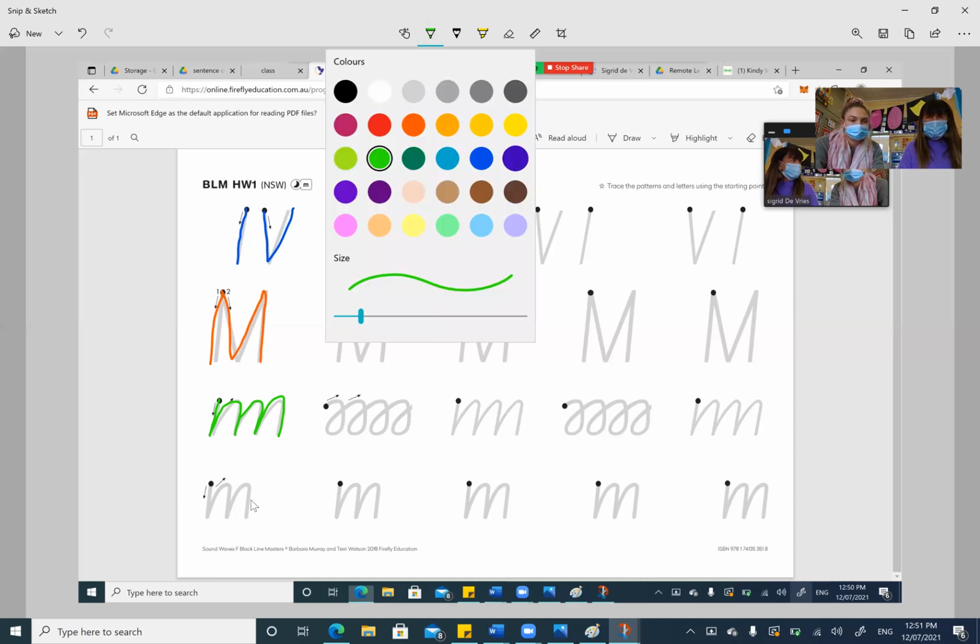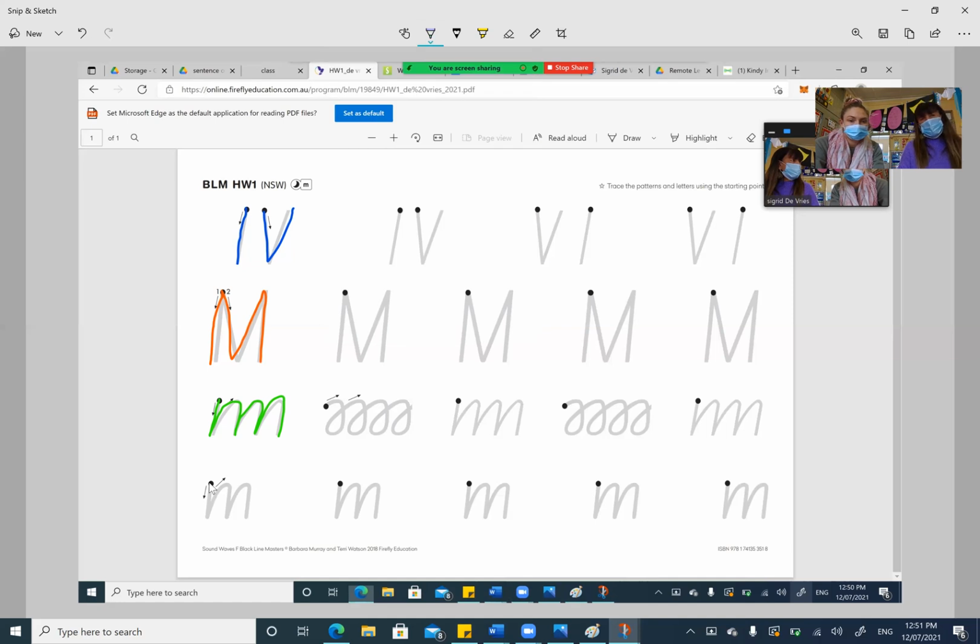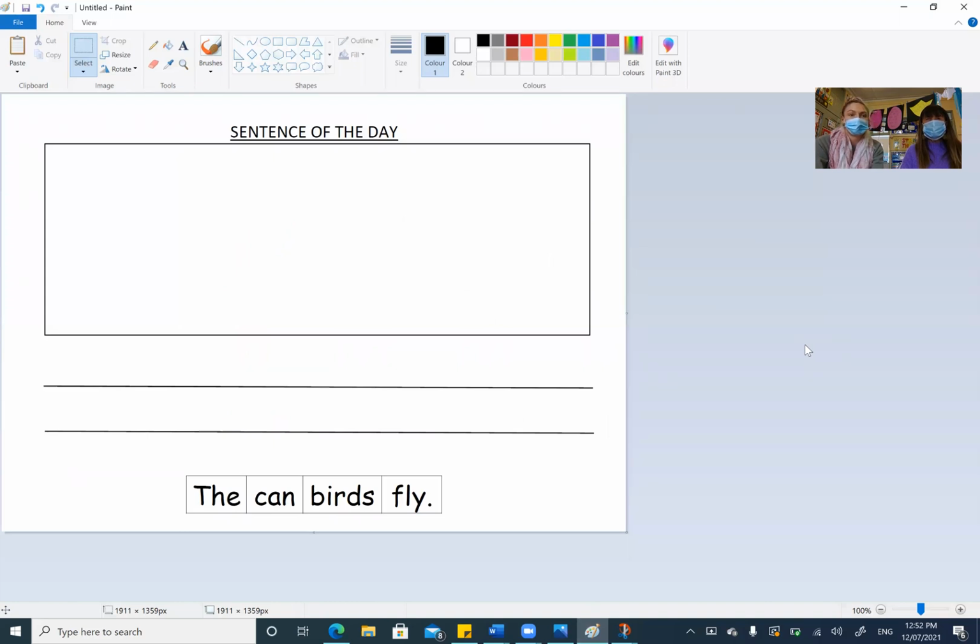And when you finish doing the rest of the line, you'll go to the 4th line where you'll do the lowercase m. Let's start at the top, go down, back up, around and down, back up, around and down. Perfect. Excellent. And you can finish the rest of that writing page yourself. You can pause the video while you finish it. And when you finish, come back and watch the rest of the video because we're going to get started with sentence of the day. Well done, everybody. Beautiful. Always doing your best work.